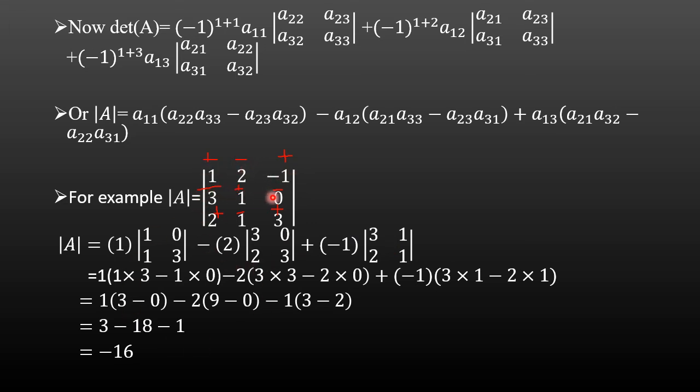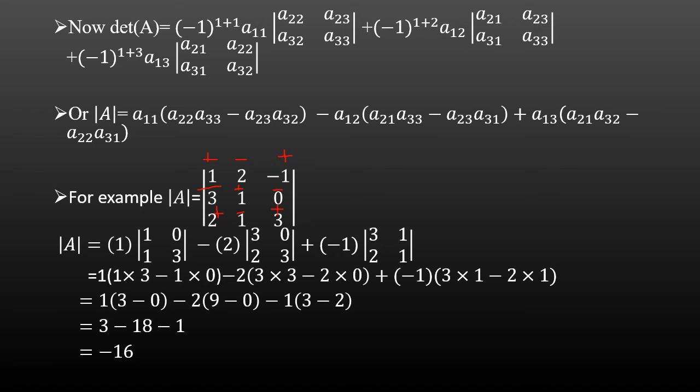If you use the second row, then in the second row what will be there? Minus 3 into the determinant; if you delete this, then you get 2 minus 1 and 1 3, and then solve that one. Then plus 1 into the determinant which can be obtained by deleting the second row and second column, so 1 minus 1, 2 3. If you are using the second row, you can do it that way also, student. So these are the things we are having.